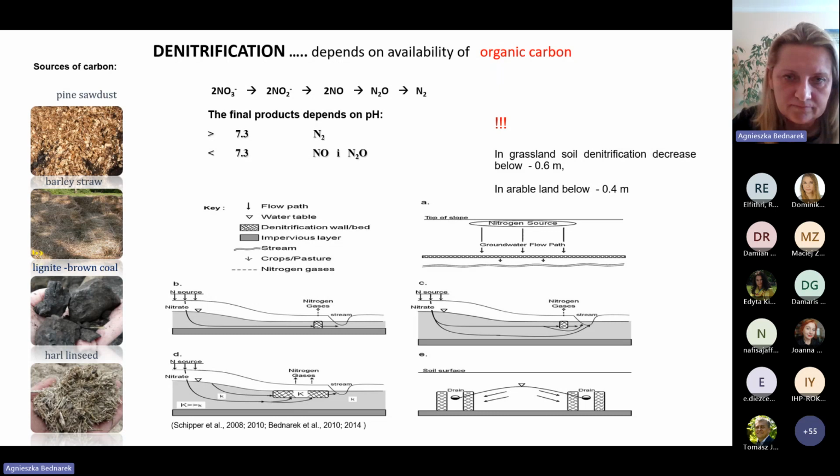The effect of this end product of the denitrification is escaping these gases to the atmosphere and the possibility to destroy the ozone layer in the atmosphere. So our aim is to create beds with pH about 7.5, because when the pH is higher than 7.3, the consortium or group of bacteria create the end product of the denitrification as N2, and in this way we can close the natural nitrogen cycle to the best extent possible. Now this is very important to remember about the pH of the beds which we create somewhere